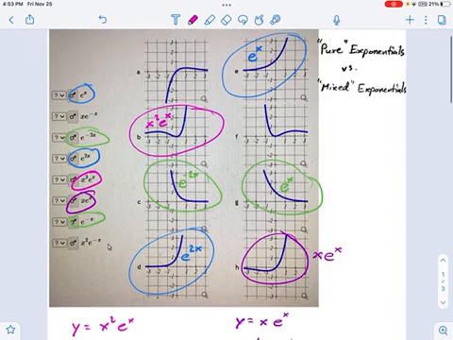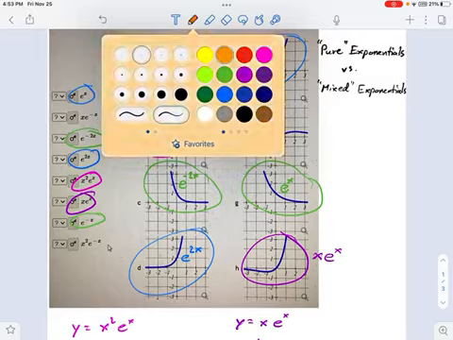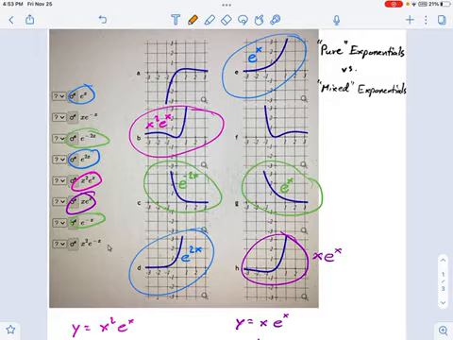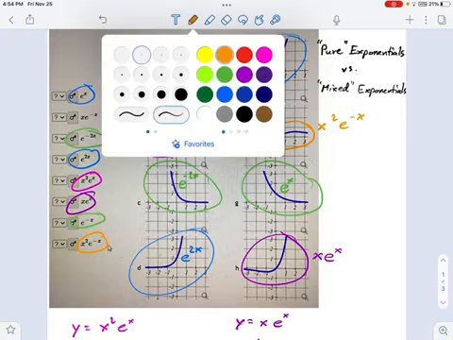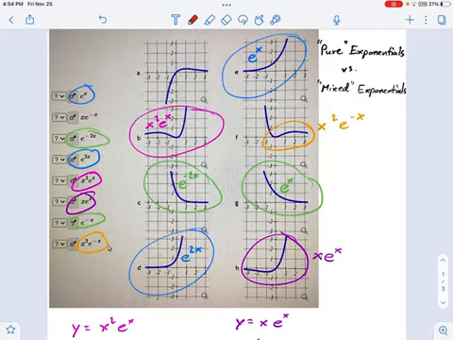And now if you look at the other two graphs, the ones that are left, there's not much to narrow down at this point. We've got a bump in one of them. That's the giveaway for x squared behavior. This is x squared e to the negative x. And then in this very last one, well, look at that. It's going negative again. And remember, the only way an exponential can go negative is if there is some kind of odd function multiplied against it. So in this case, that would be x times e to the negative x.